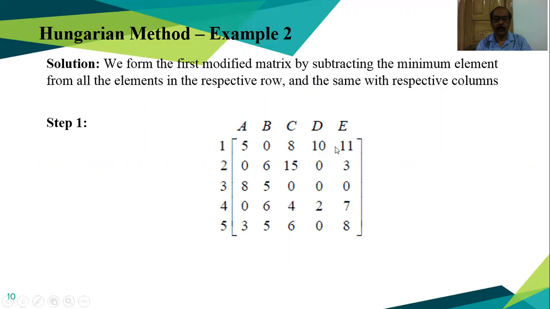See, if we draw, check, there is only 1 zero. We can assign it and draw the vertical lines. Here there are 2 zeros, leave it. Here there are 3 zeros, leave it. But here there is 1 zero. So this and this are assigned. So this line and this line. Now check it, only 1 zero. This 3 is assigned. Now you have to check this way. And this way there is only 1 zero. So you have to assign this way.